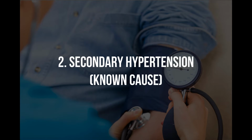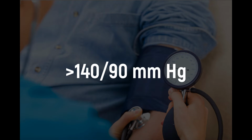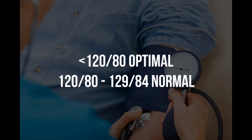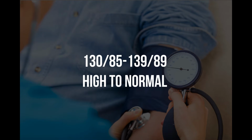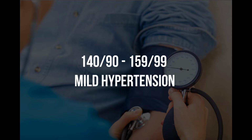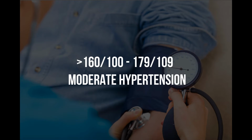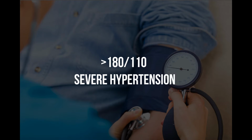Basically, there are varying opinions on what's considered high blood pressure. For example, the World Health Organization defines high blood pressure as 140 millimeters of mercury over 90 millimeters of mercury. In Australia, below 120 over 80 is considered normal, 120 over 80 to 129 over 84 is considered normal, 130 over 85 to 139 over 89 is considered high to normal, 140 over 90 to 159 over 99 is considered mild hypertension, 160 over 100 to 179 over 109 is called moderate hypertension, and 180 over 110 or more is